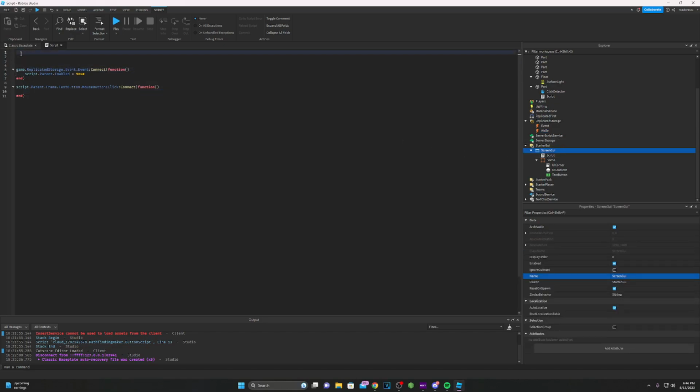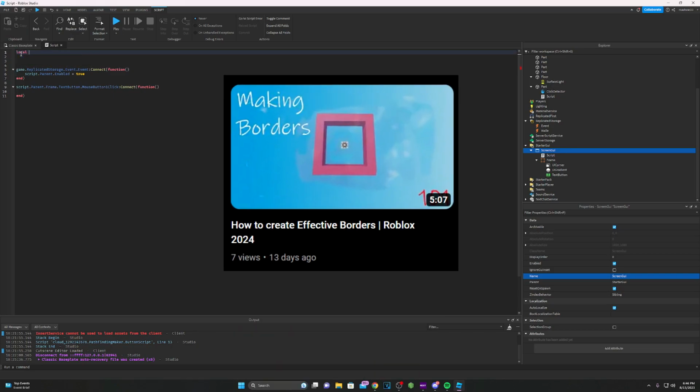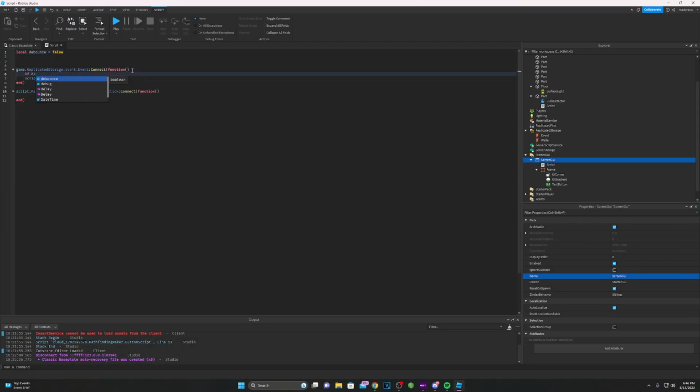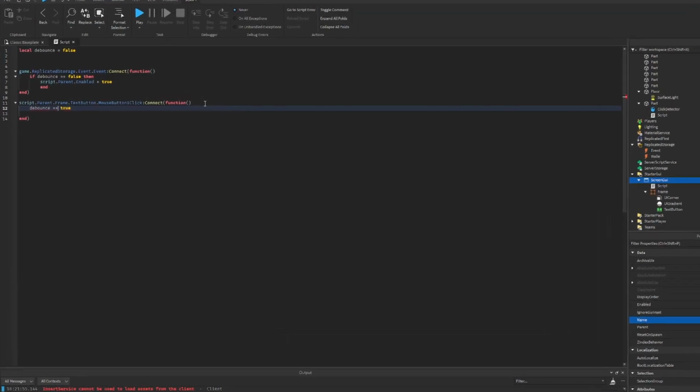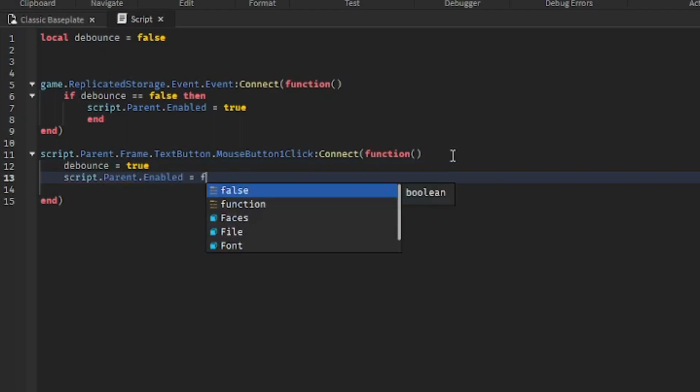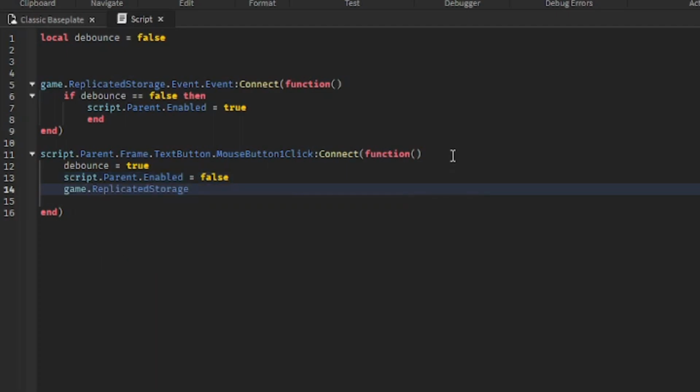And then just for good measure, we'll add a debounce here. I know in one of my other videos I mislabeled a debounce as a yield. Two different things. So, and then what we'll do is we'll do debounce equals true, and then we'll follow up with script.parent.enabled equals false. And then game.replicatedStorage.wally